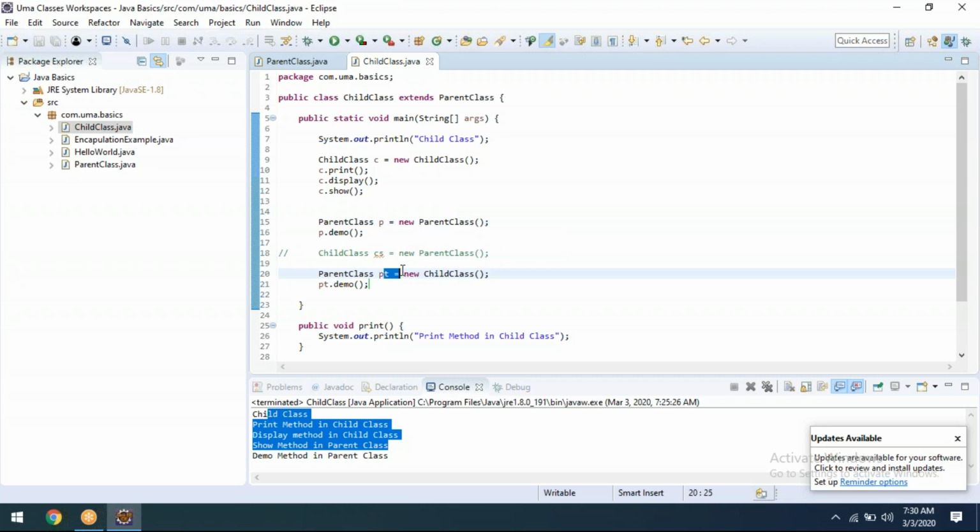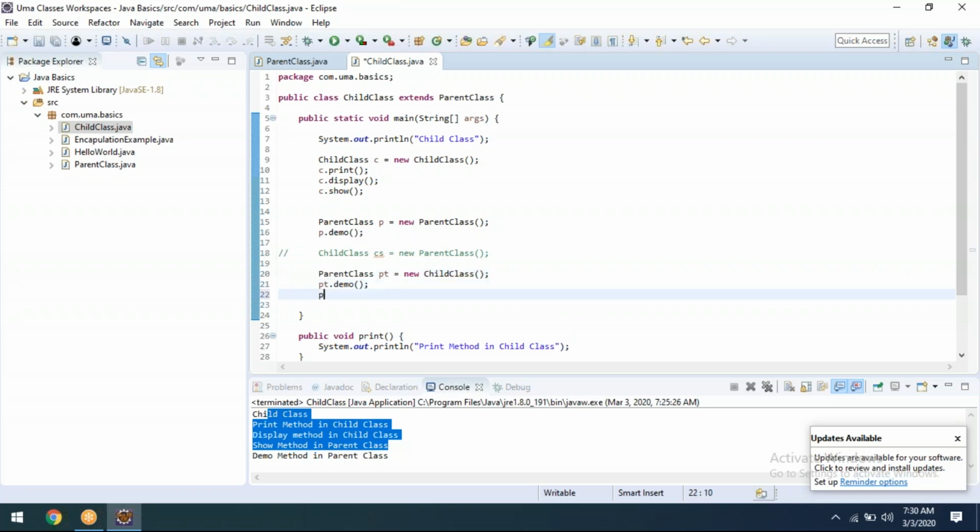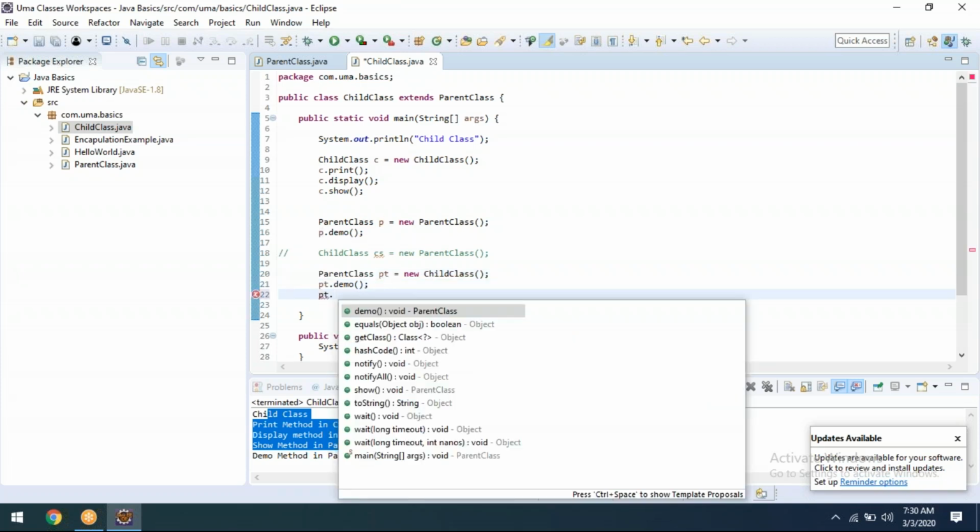Here also we are able to call the parent method. Here also we are able to call the parent method. Simple thing: whatever the right side is, finally we are able to call by using this class methods only. And one more thing, if you see pt dot, there is no clone, there is no finalize methods. Get my point?